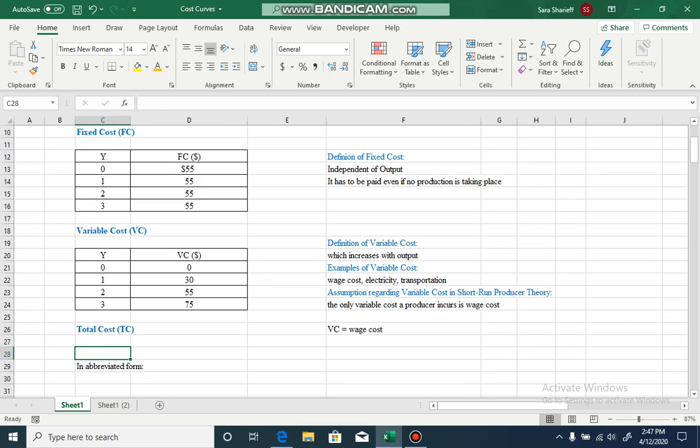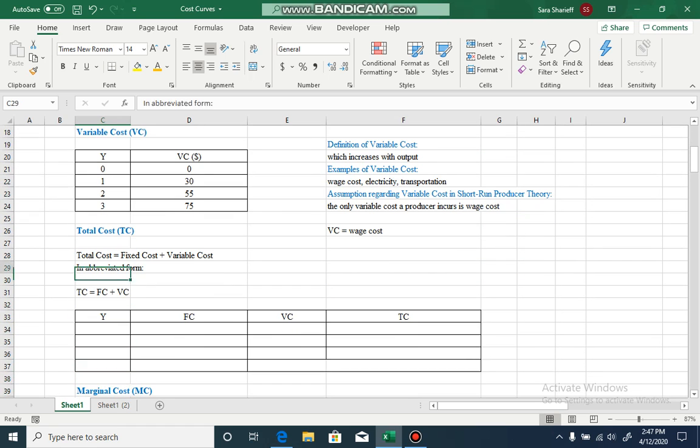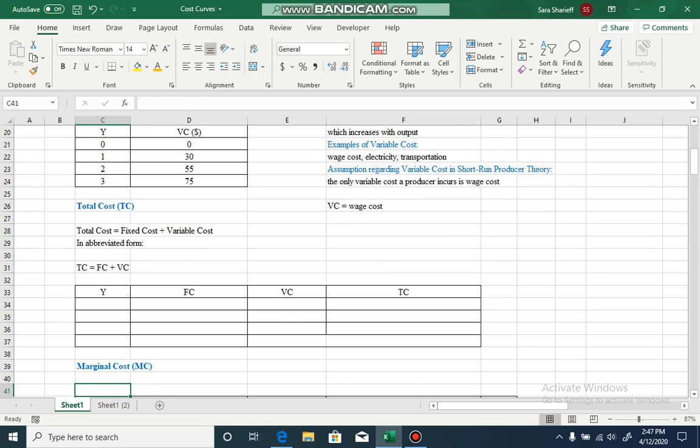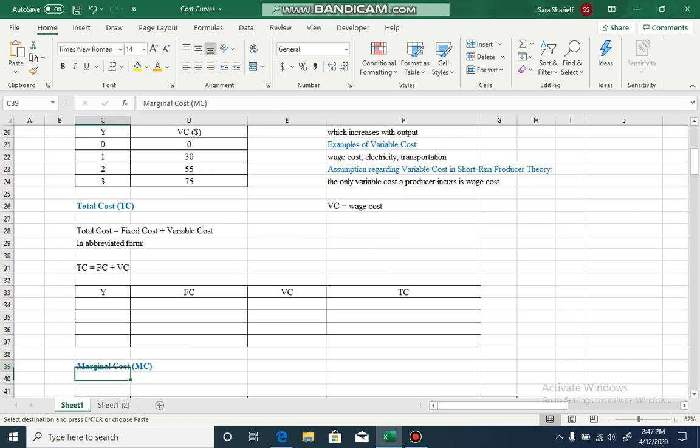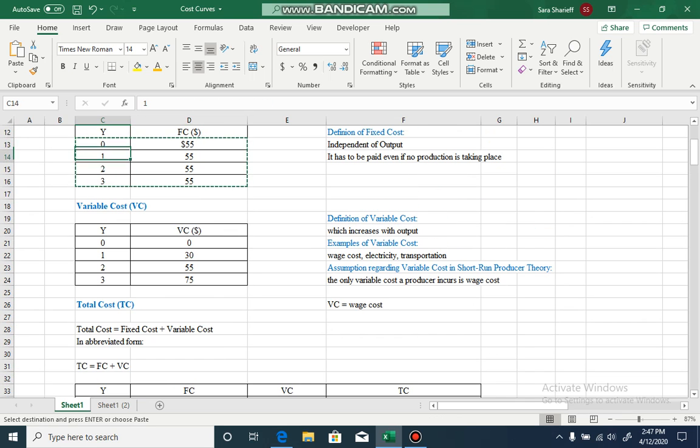Total cost क्या है? Total cost is simply equal to your fixed cost plus your variable cost, right? It is abbreviated as TC equals FC plus VC. ठीक है? So what does that mean? कि if let me fill this table, this is your fixed cost for the first 4 units being produced, 3 units, sorry, right? And this is your data for variable cost.